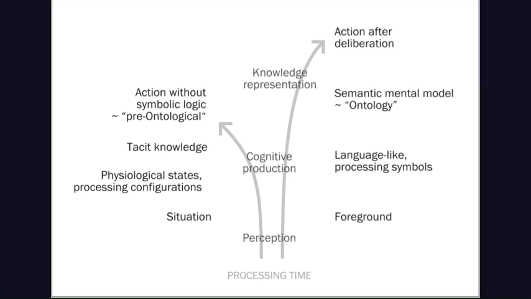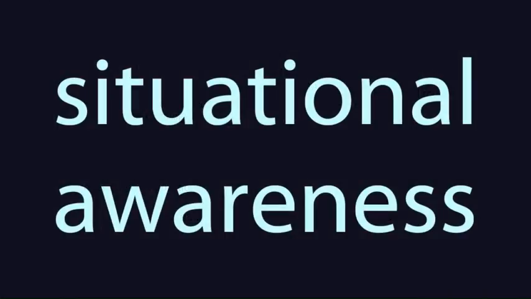McCullough asserts that activity theory refers to the left-hand path as pre-ontological, and here ontology means categorical schemas that characterize knowledge representation. He posits a concept that he coined, runaway ontology, as the dangerous side of knowledge representation, where too much emphasis on categorical schemas slows processing and stifles the pre-ontological. Soldiers and surgeons cultivate a quality called situational awareness. Instead of playing by the rules, an expert plays the situation.